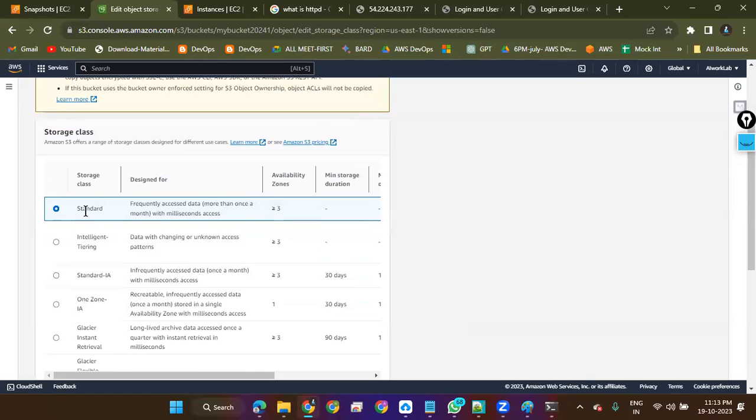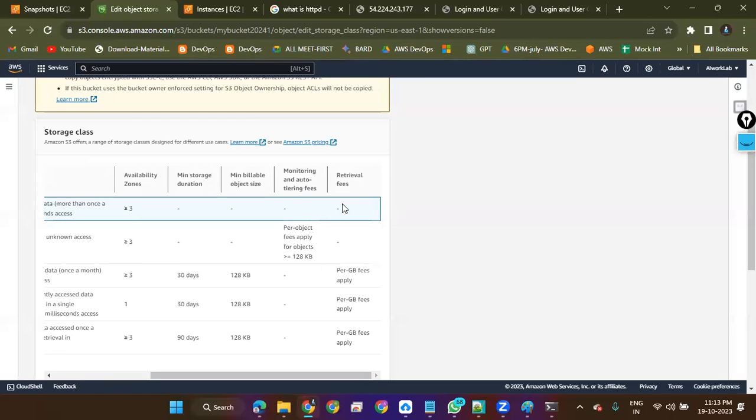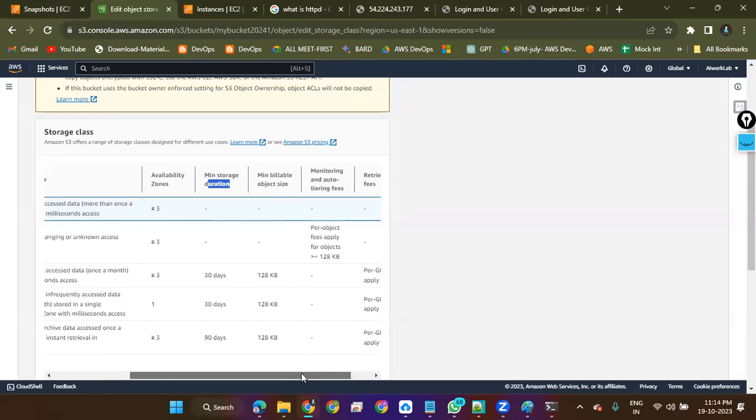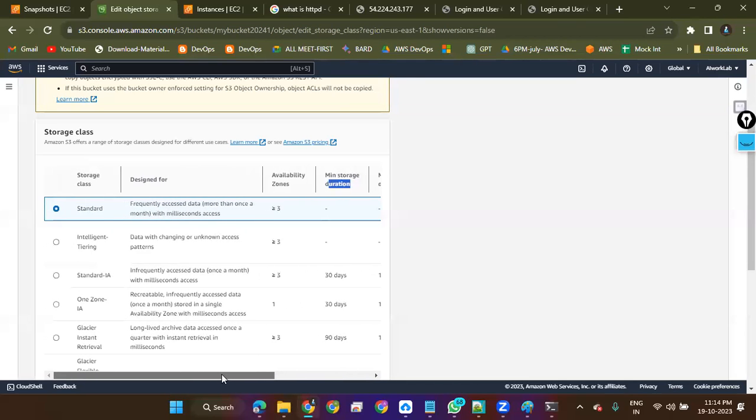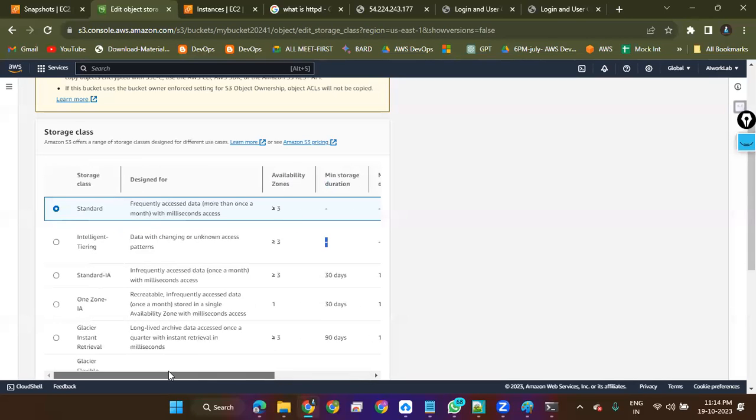Now see, Standard means 3 availability zones we can use and no duration time, billing as much as possible until the lifecycle is exceeded. Intelligent-Tiering charges per object, but coming to the storage class, no limit.